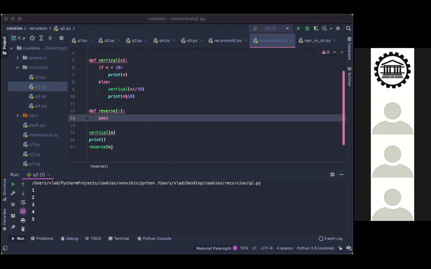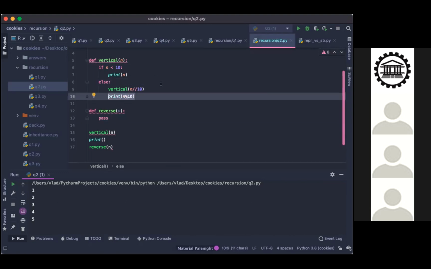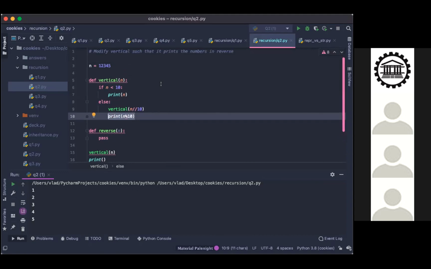I don't know if this is clever or not. Since we know with the vertical function, where it says print, especially with the number that you have, 12345, instead of saying print, what if we add it to a list instead?